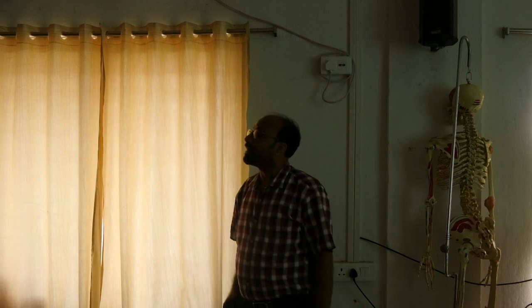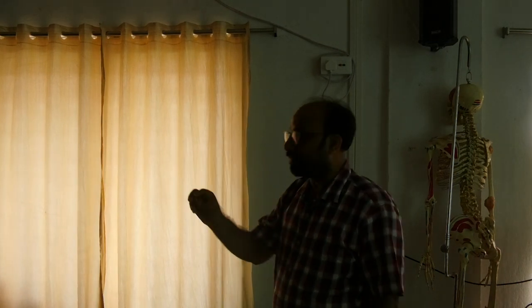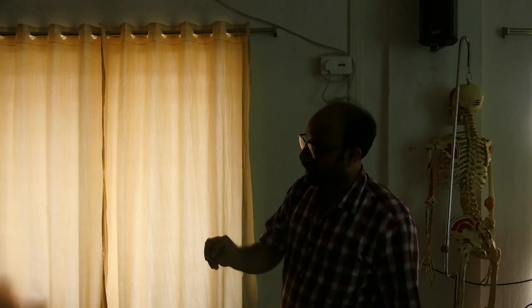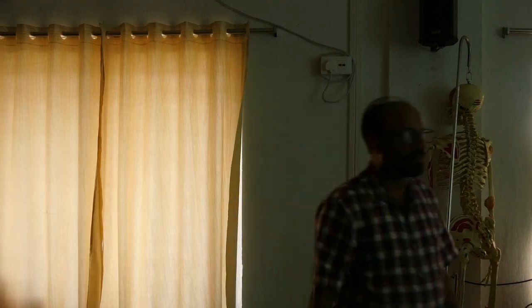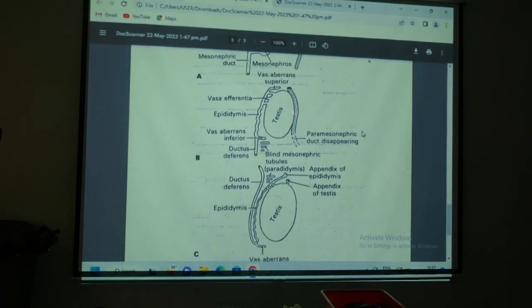যদি তোকে টেস্টিস ভালো বলতে পারিস, তোকে বলে what do you mean by appendix of testis? তুই তখন বলবি স্যার this is the remnant of paramesonephric duct in female. And it is present in the upper pole of the testis, is connected to the upper pole of the testis. কি সুন্দর ছবিটা দেখিয়েছি। দেখ কেন বলছি প্যারামেসোনেফ্রিক ডাক্ট, এই যে এখানে প্যারামেসোনেফ্রিক ডাক্ট ছিল, ডিসঅ্যাপিয়ার করতে শুরু হলো এখান থেকে, একটা ছোট্ট পার্ট এখানে রয়ে গেল। এইটাই এখানে দেখিয়েছি অ্যাপেন্ডিক্স অফ টেস্টিস।